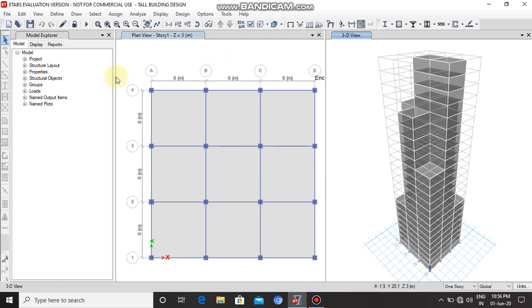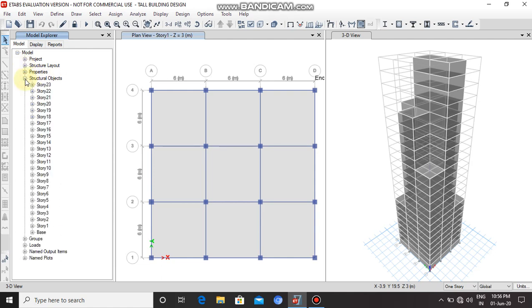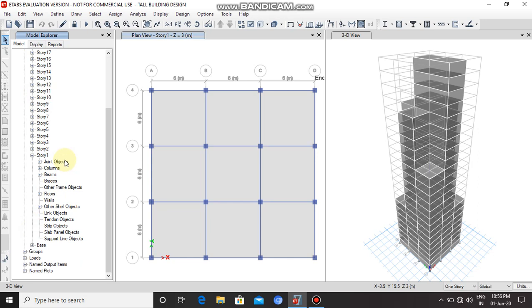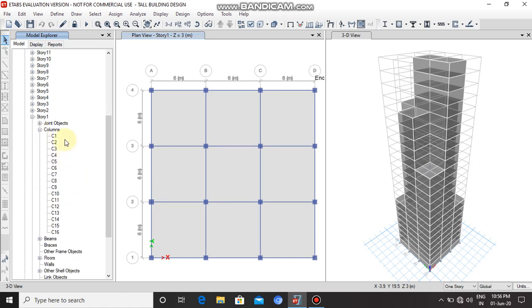For that, let's go to Model Explorer, then to Model, expand the structural objects, then expand Story 1, then expand the column. Here, column 1 to column 16 are listed.